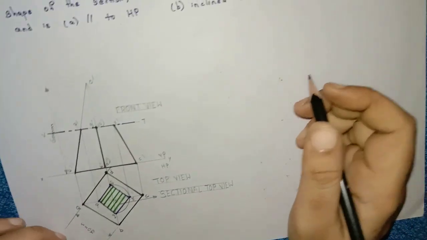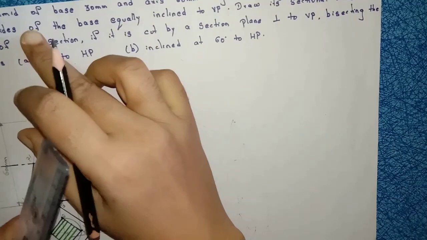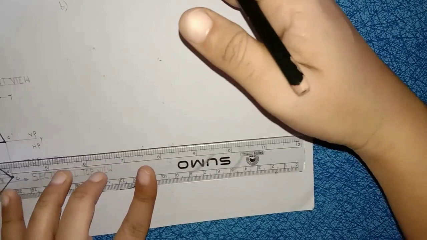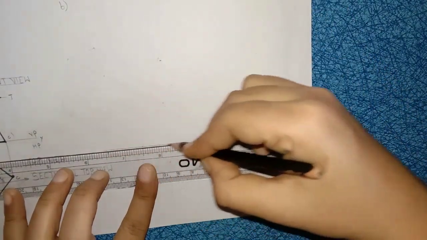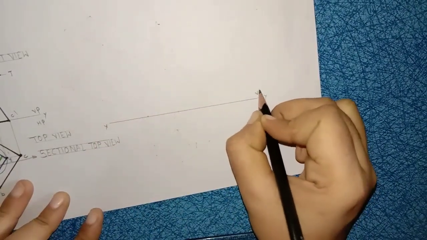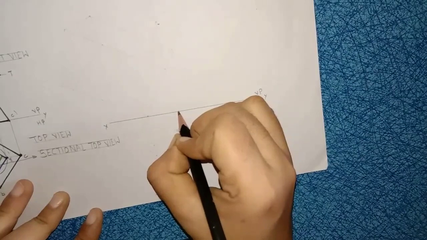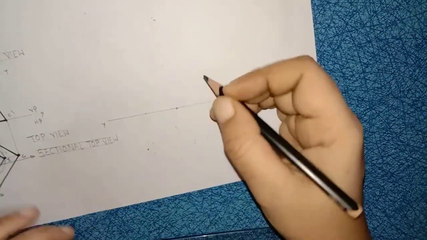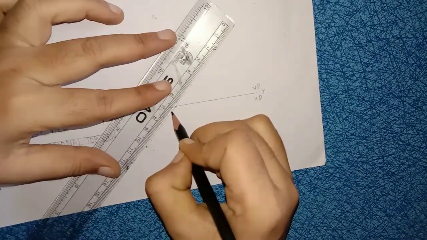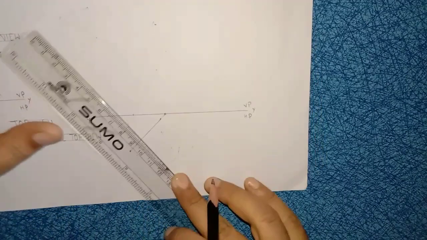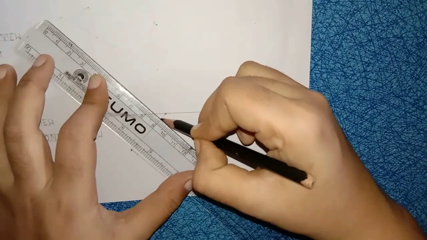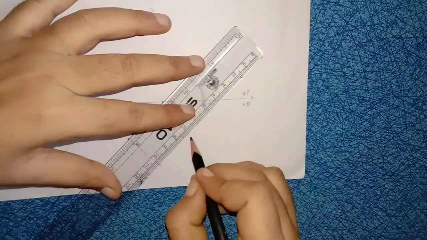Right, so let us see B bit. B bit basic problem is same. You should construct the square pyramid on HP. Condition is all sides of the base are equally inclined to VP. So construct the reference line, name it as XY, vertical plane, horizontal plane. Mark any point on the reference line. Mark 45 degrees. Leave 5 mm gap. Now from this point mark the length of the square 30 mm. Place your protractor on this point, 90 degrees, 30 mm. Place your protractor here, 90 degrees, 30 mm, and join this one.